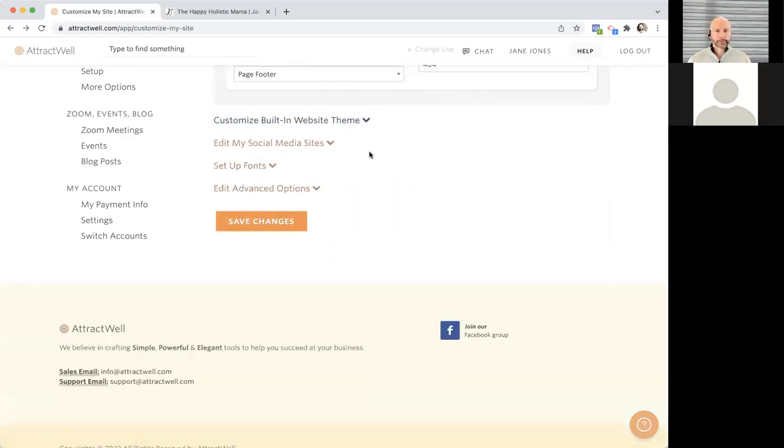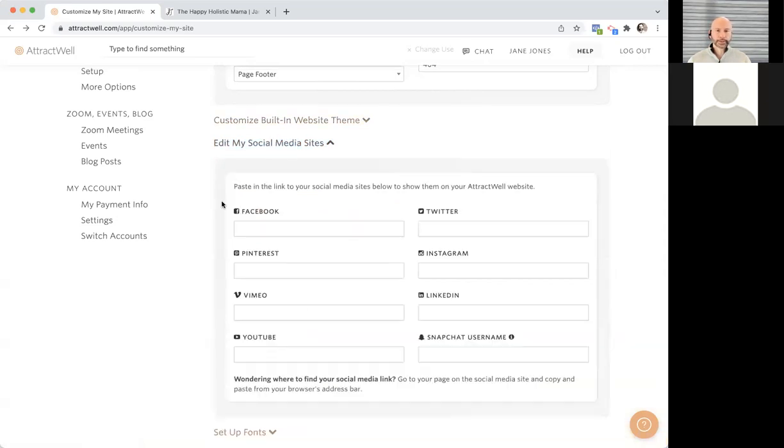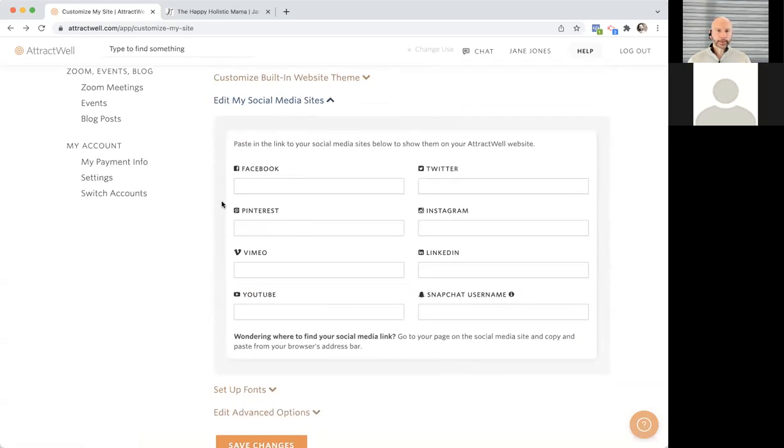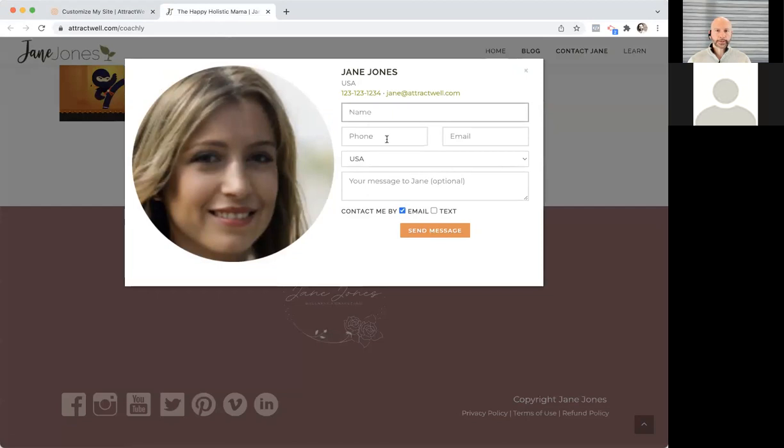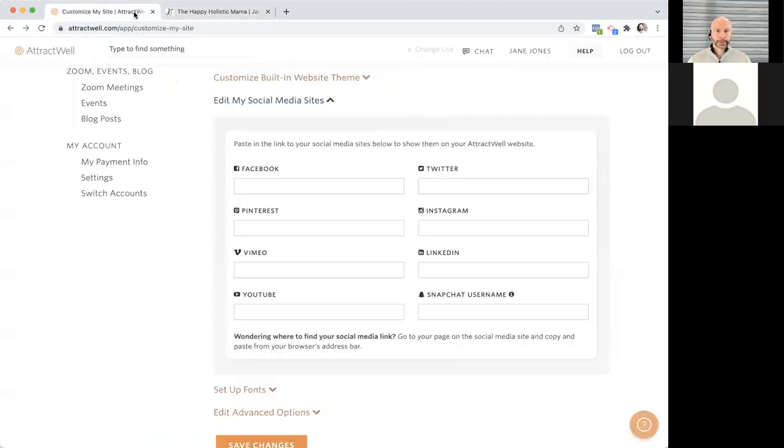And of course, be sure to save it after that. But there's a couple other settings down here that I can touch on briefly as well. If you have social media sites, you can put the links here. And what that does is anywhere that there's this contact me box, that will show up here. So like if I go to, I'll put in here,